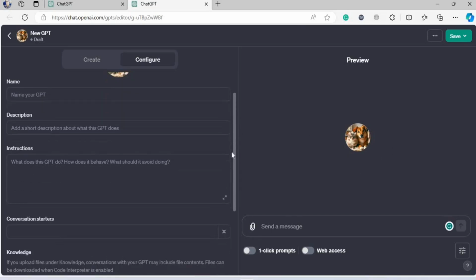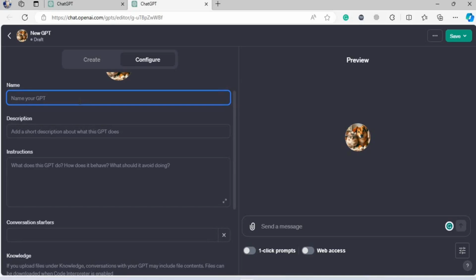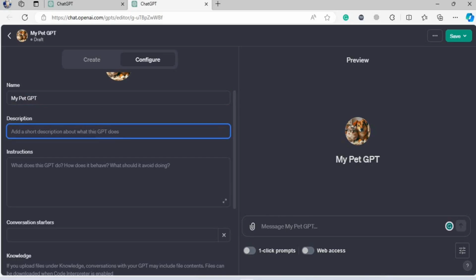Okay, so the photo is done. Now it's time to name our GPT. What should our GPT be named? It's easy. My pet GPT. Very simple, very sensible, just like wow. Okay, description. Add a short description of what this GPT does. Well, what will this GPT do? Well, this GPT will